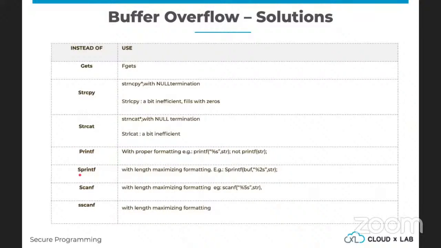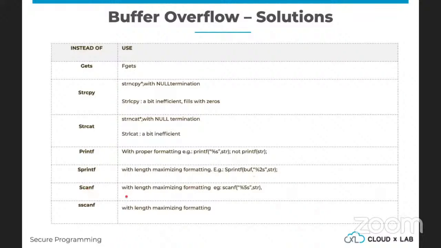Okay, and then if you are trying to output the data, try to use sprintf. This will force you to print the string in this format, and thereby you can control how many characters to print and so on.